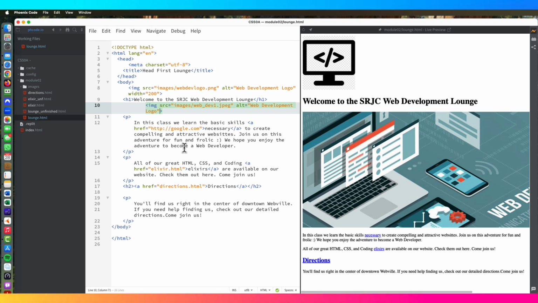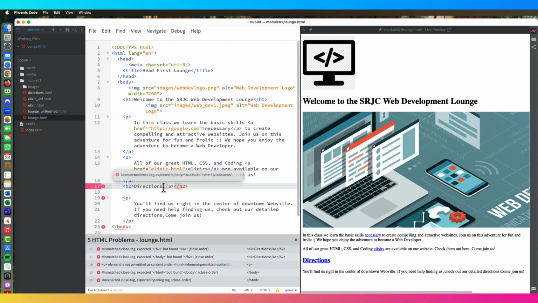In addition to that, what we're going to do in step B is add a hyperlink from the word directions and add a hyperlink in step C from the word elixirs. So we can see right here's the word directions, and I'm going to demonstrate with this. So I'm going to take this path out,